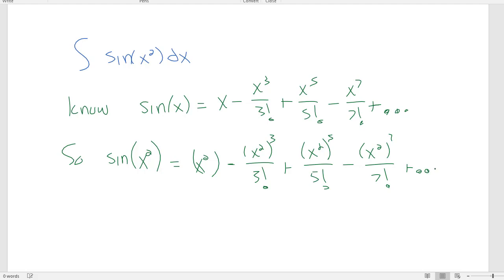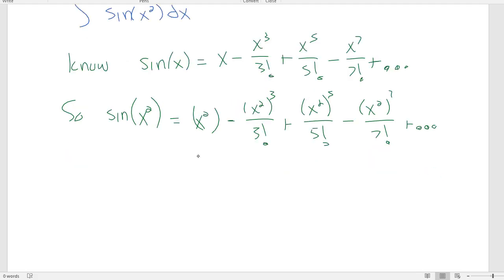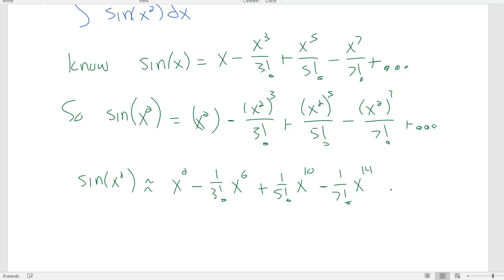Plus dot, dot, dot. If I clean this up a little bit, what I really have here is that sine of x squared, and I'm going to say approximately, so let's say I use the first 4 terms that I have here. Sine of x squared is approximated by x squared minus, I'm going to write this as 1 over 3 factorial x to the 6th, plus 1 over 5 factorial x to the 10th, minus 1 over 7 factorial x to the 14th. And I'm going to stop. I'm not going to say plus dot, dot, dot, because I'm only going to use the first 4 terms